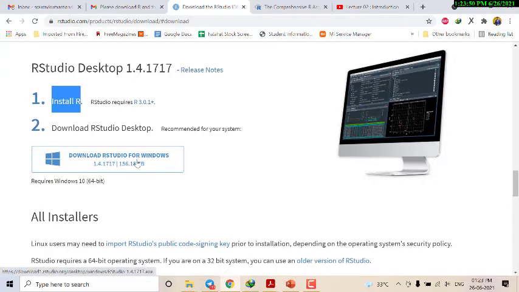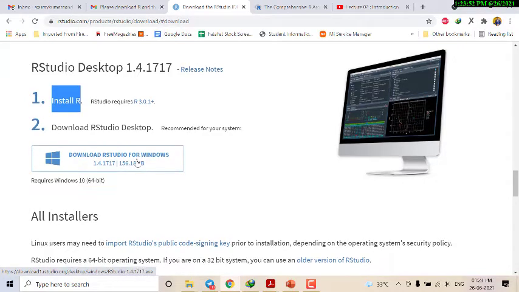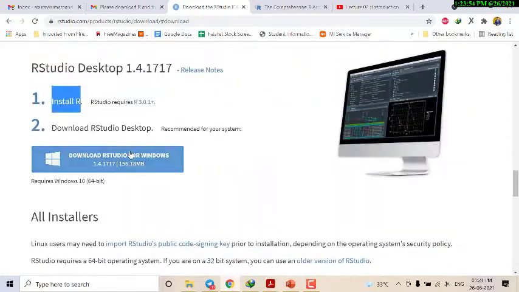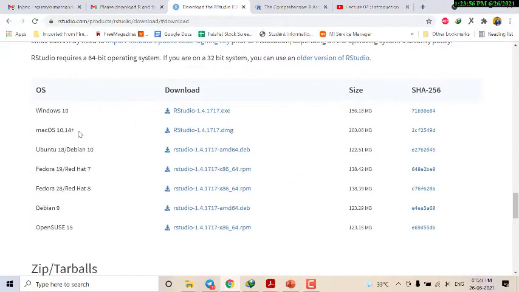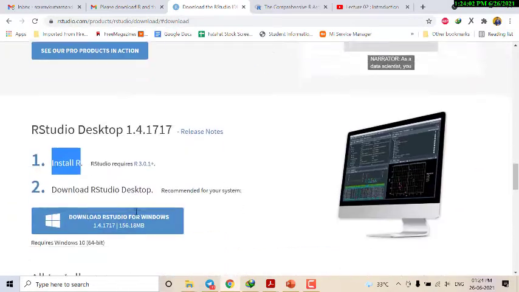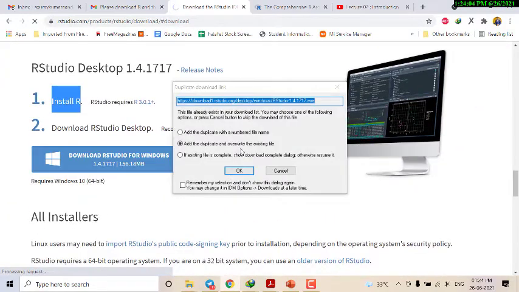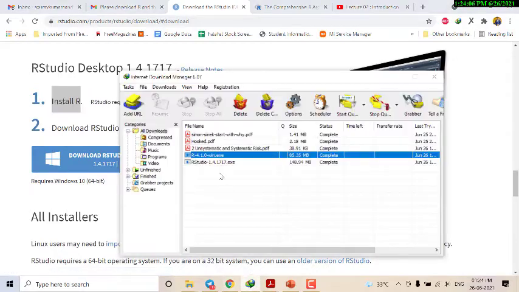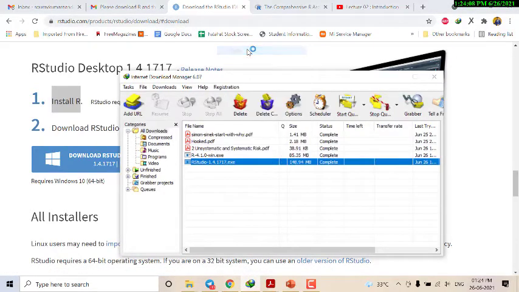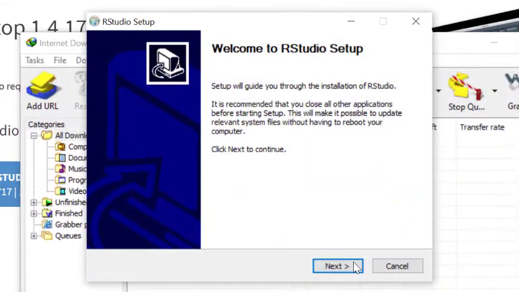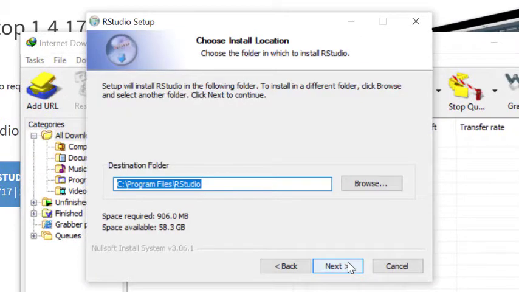So here you have to click for Windows, and if you have Mac OS or something, you can find the details here. After clicking on it, it will download. I've already downloaded it, so I'll just be installing this. Open. Next,